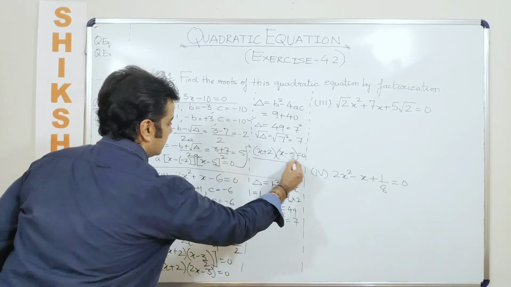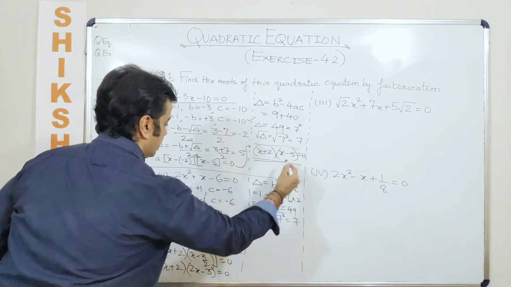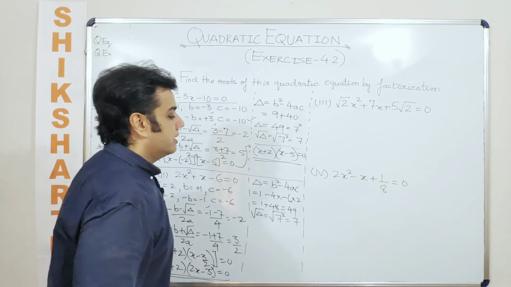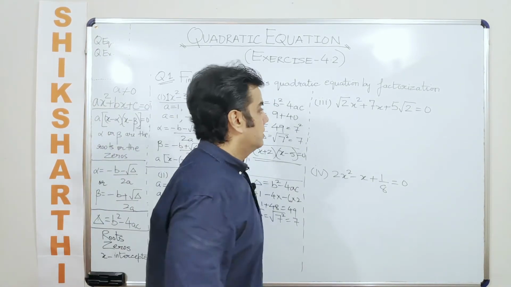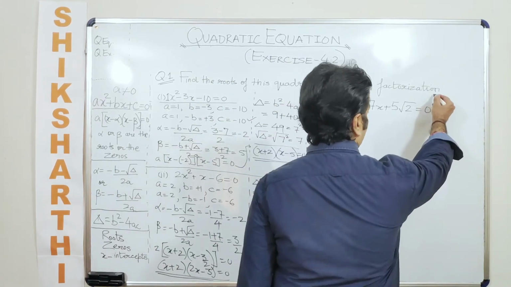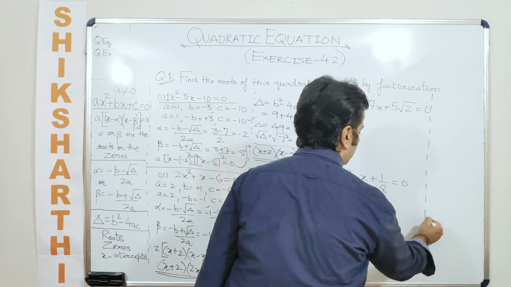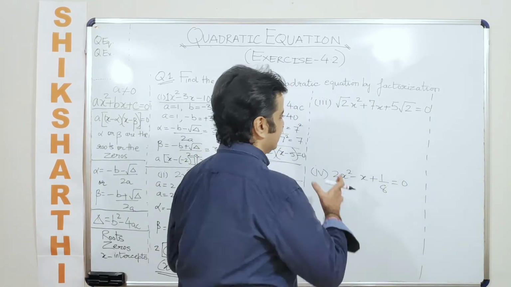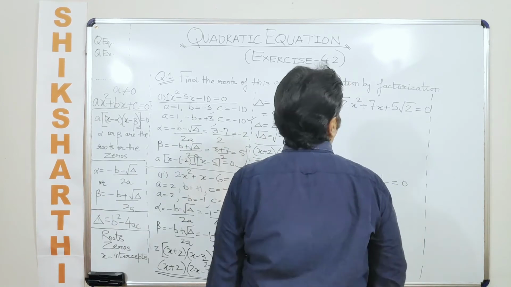So here this was the final answer that you got eventually, and here this is the final answer that you are getting eventually. Okay, coming down to the next equation, which is question number 3. So here also I am just drawing a line so that we could calculate the value of delta on the right hand side. There is no specific reason, I am just trying to segregate.